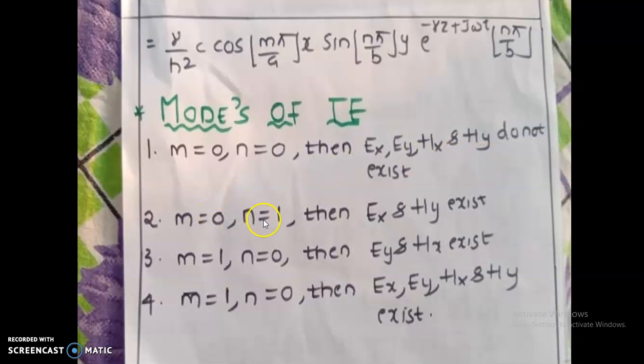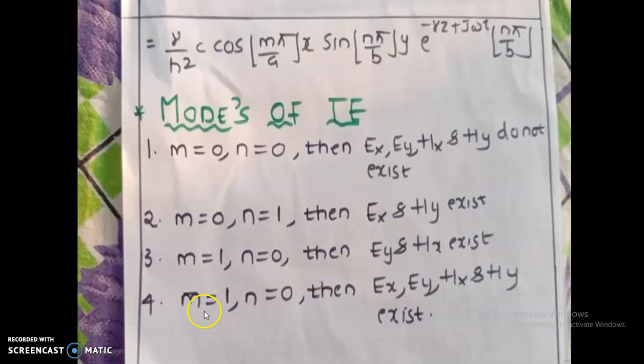But if you substitute m equal to 0 and n equal to 1, obviously you're going to get Ex and Hy. Whatever you have done in TM mode, the same thing you have to do; I'm going shortcut right now. Now you substitute 0 and 1 in Ex, Ey, Hx, Hy, but Ex won't become 0, Hy won't become 0. So I can say that Ex and Hy will exist. The remaining two, that is Ey and Hx, become 0. Now for mode m equal to 1 and n equal to 0, it is the complement: only Ey and Hx exist, and the remaining two become 0.